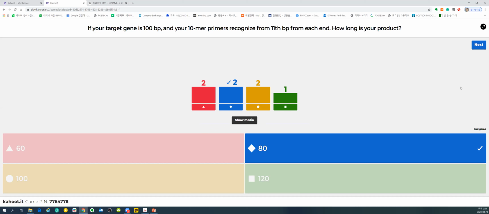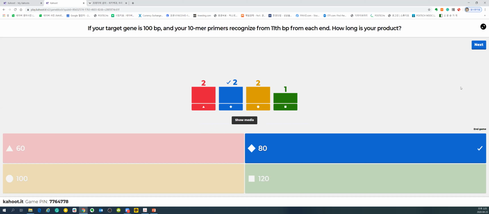And if the primer size, now is the primer a part of the product or not? Here, to make it simple, I already gave you the size of a 10-mer primer. Now, is the primer a part of the product, or is it not part of the product?